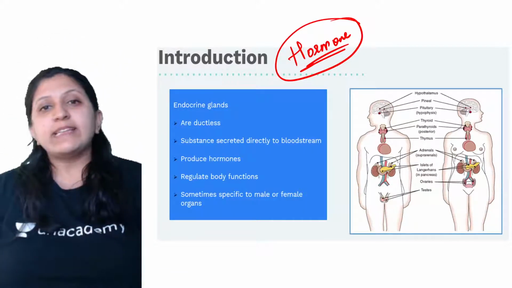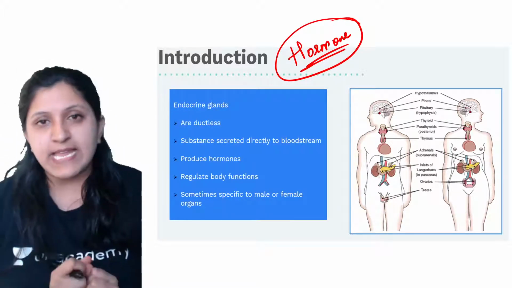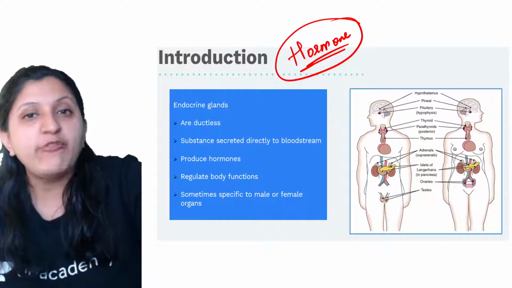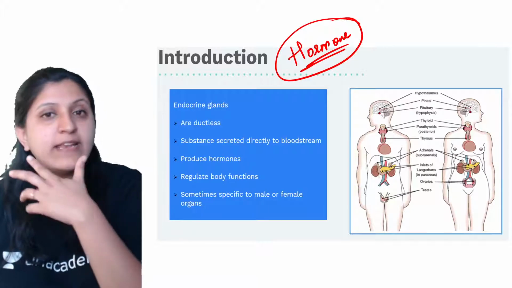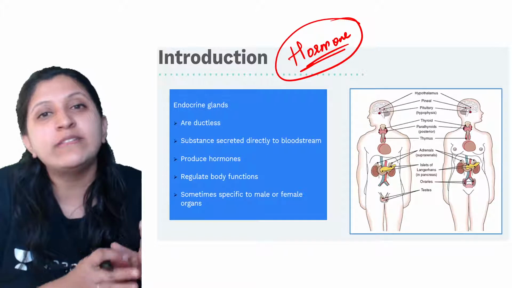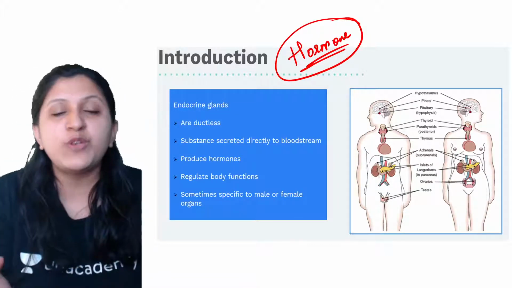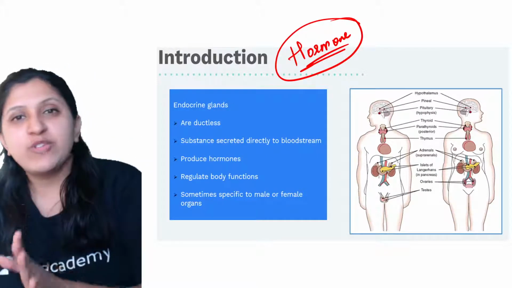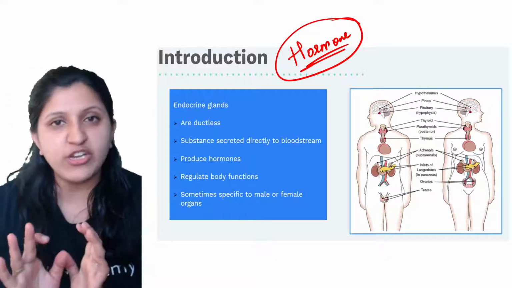How exactly is this happening? Glucose is detected by the sensory cells. The sensory cell sends the signal to the brain. The brain sends a signal to the pancreas gland to produce the hormone insulin, and then insulin acts on the glucose, facilitating the conversion of glucose into glycogen, so that the excess glucose will be stored in the form of glycogen in the liver or the muscle. So this is the function of a hormone.